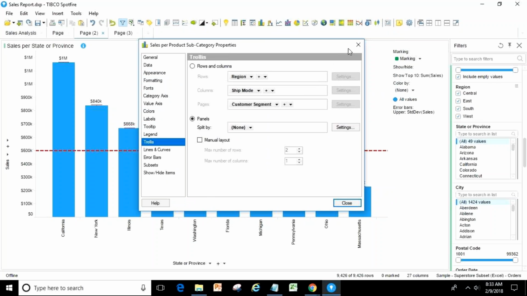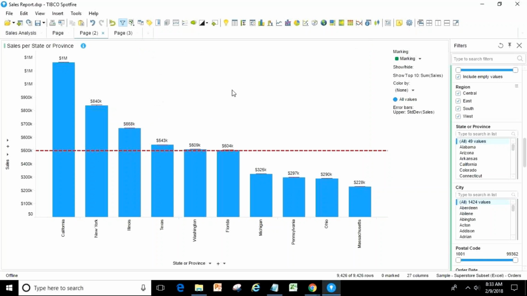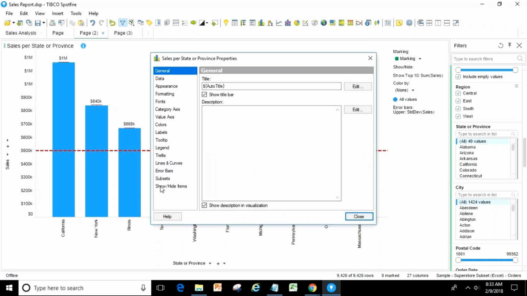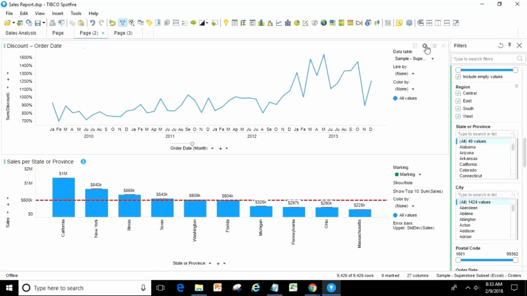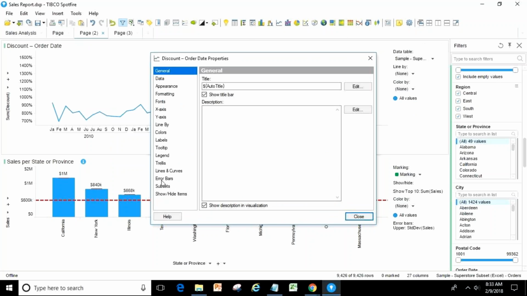So this is bar chart, and tomorrow we'll see the line and other charts. Whatever chart you start from now onwards, because bar chart has almost all the features and properties, all the chart properties will remain the same. Here you see all the properties are the same: line, bar, curve, error bar.